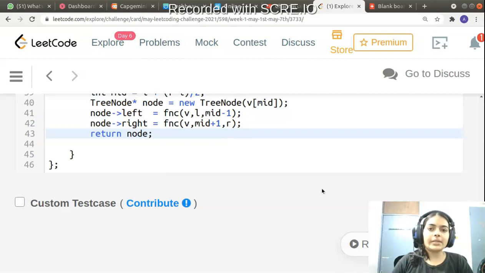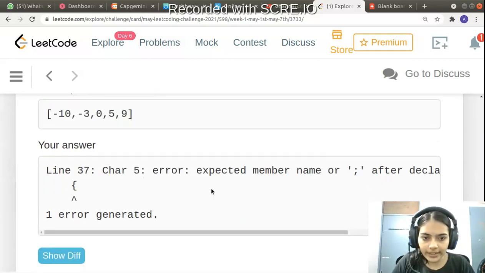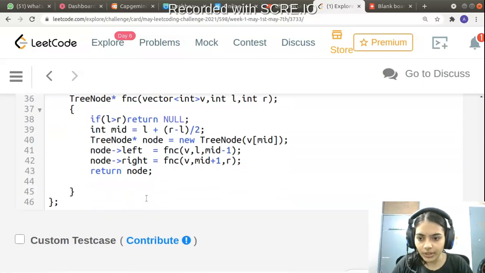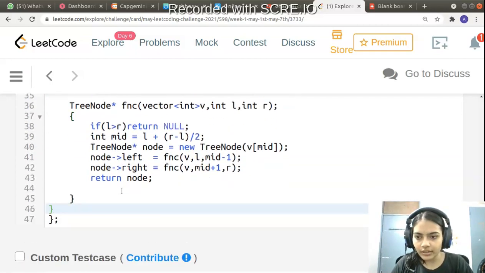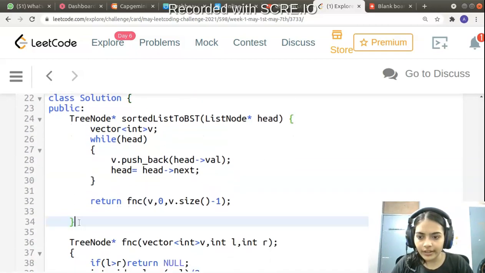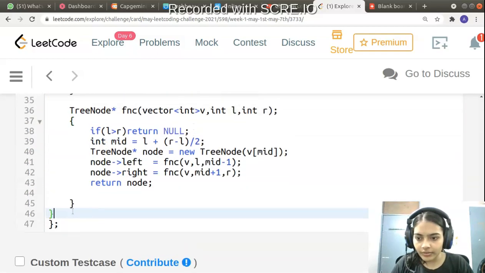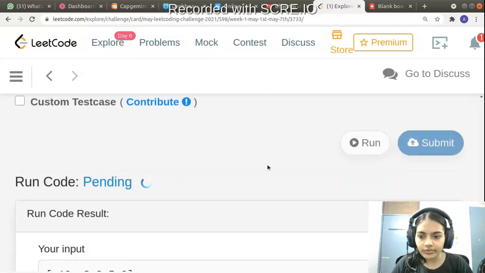So that's it. And let me just run and see if it's working. So there is some error because I have forgotten some semicolon. So let me see what is the issue here. So I have to give another complete line here. So this is fine, and this is fine, and we have to give for the class. So I hope that this is also fine.